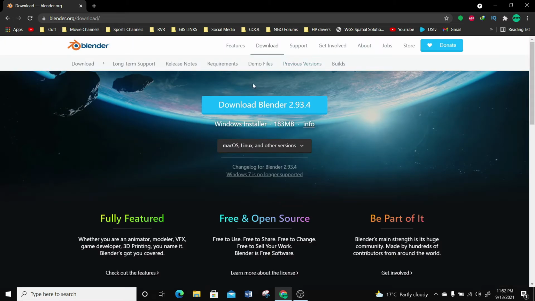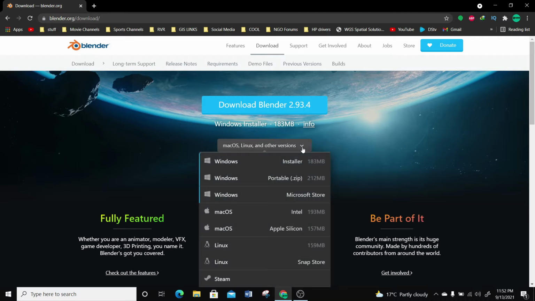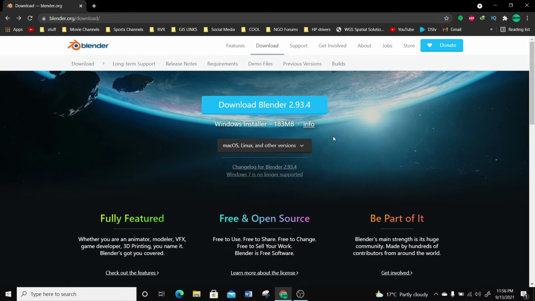We have an option here called download Blender, which is the current version, 2.93.4, and this is a Windows installer. If you have a Mac or Linux, you can come down here, select the drop down, and select whatever operating system you have. There is a lot of information here. I could just go straight to download Blender, but I want to look at the system requirements first